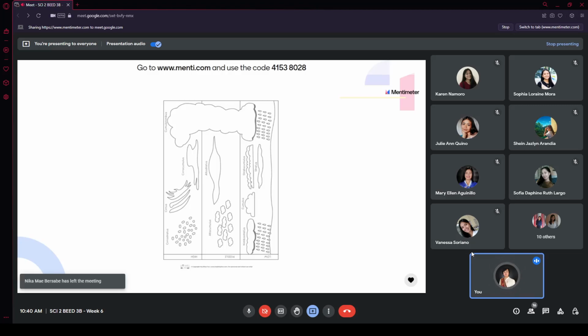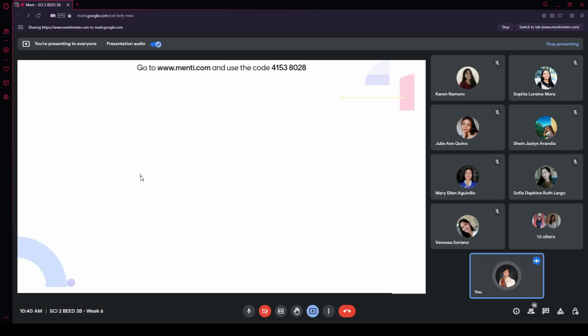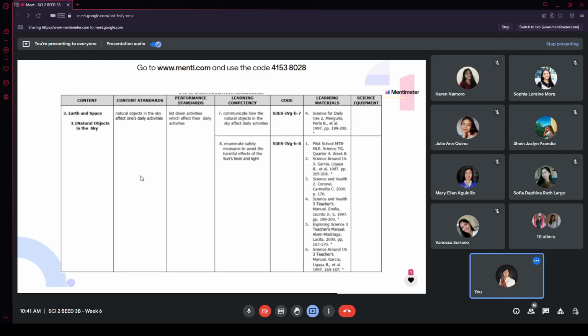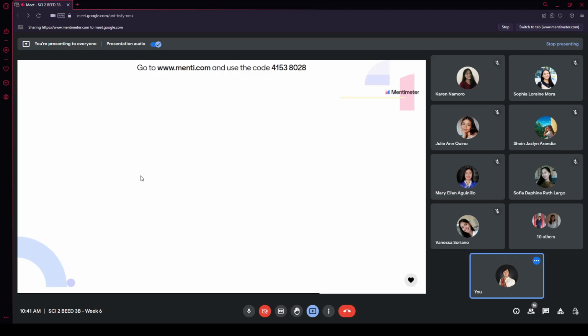Or you can even let them draw, okay, how do you think clouds look like when they're going to rain, right? You let them color, but of course when it comes to color, it would just be color gray, right? So not much difficulty again when it comes to coming up with this sort of activity. But the challenge here would be, I would say, answering their questions,